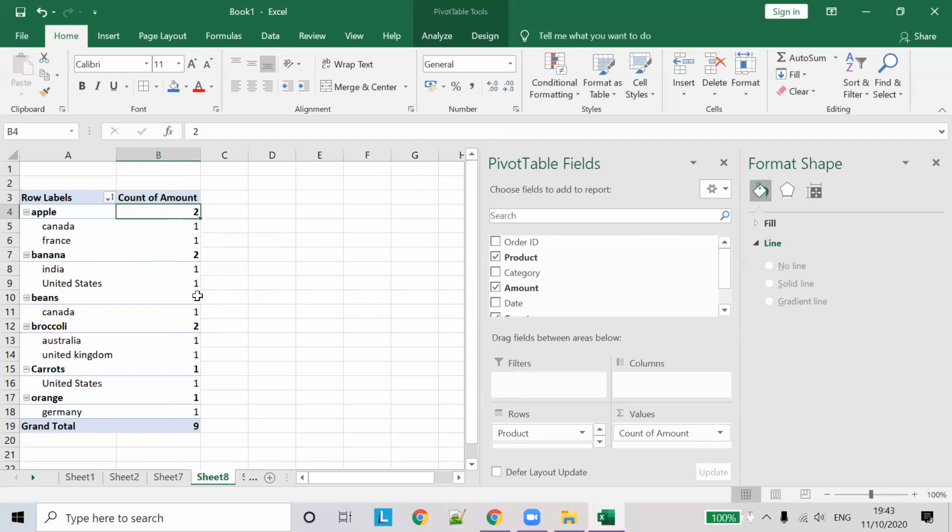Canada alone sells bananas, so it displays 1 here. So it displays the number of countries selling a particular product. This kind of summarization can be done using pivot tables.